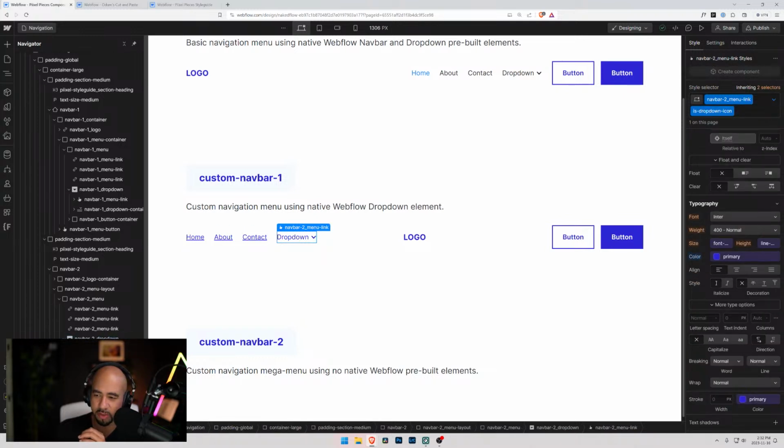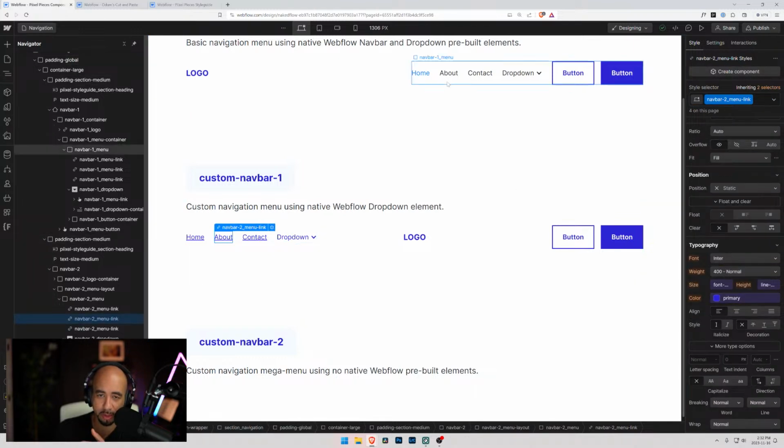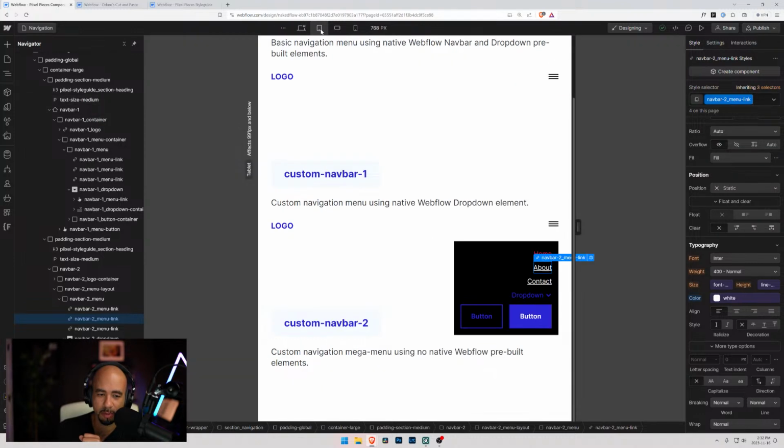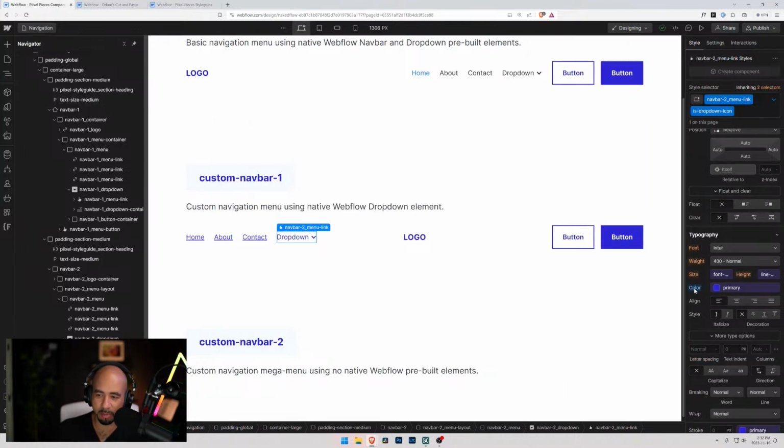So navbar to menu link is blue, which it should be. But then when you go into this mode, it's white. But for whatever reason, I think because I overrode a style because I put is drop down, I put it blue. Yeah, there it is. That's why. So, but it's weird because the menu link itself